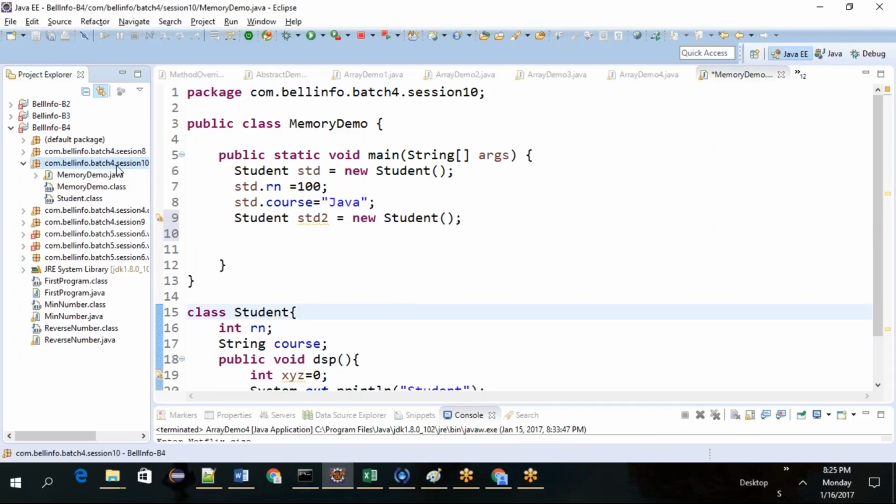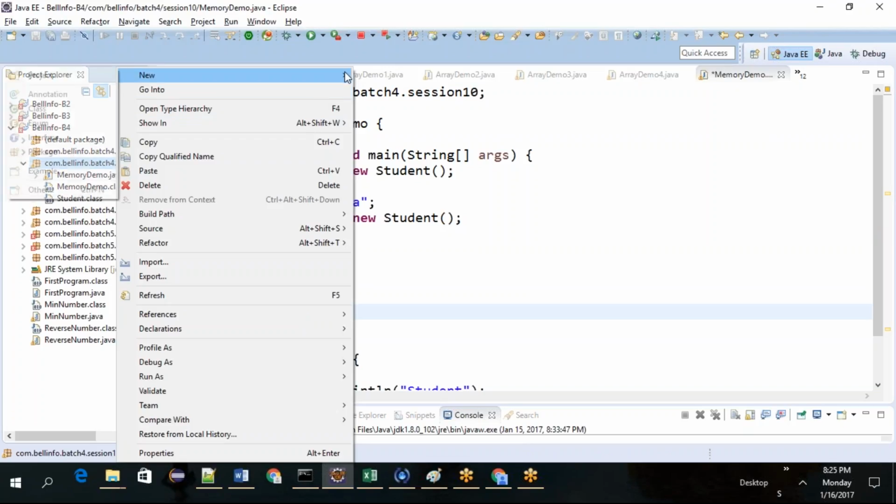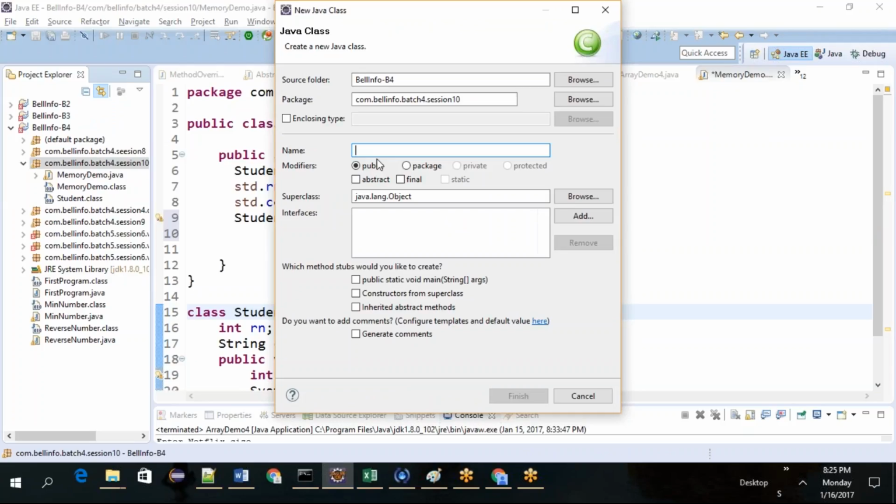Okay, so now let's go to a new class, string example, string scenarios we need to discuss, right?